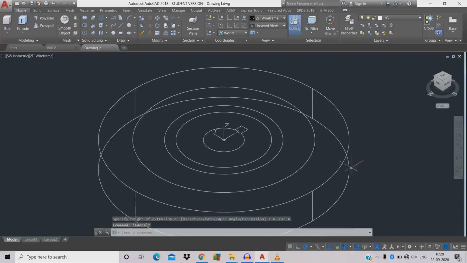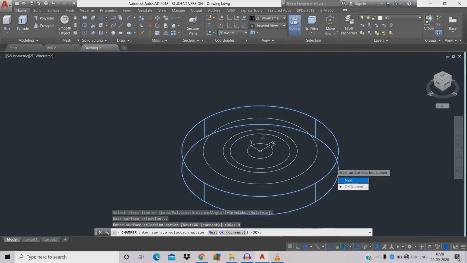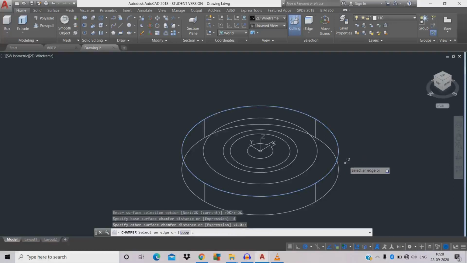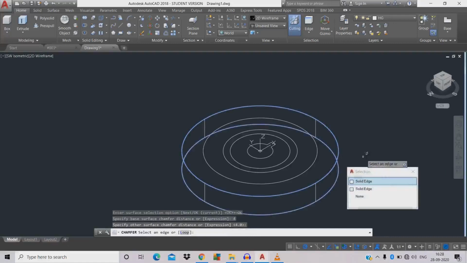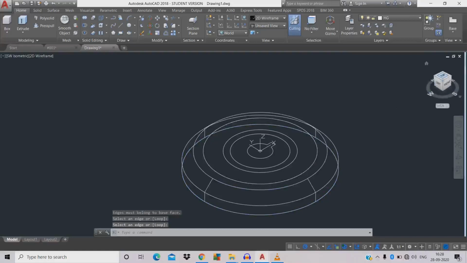Now we're going to give a chamfer, CHA shortcut, space. Click the corner over here. In case you need next, if you give next, it will show the next. Okay, now give current layer 4 for chamfer distance, space. Again repeat the space. Just click the corner. Sorry, just click the corner, space. Okay. Now just go to top view.